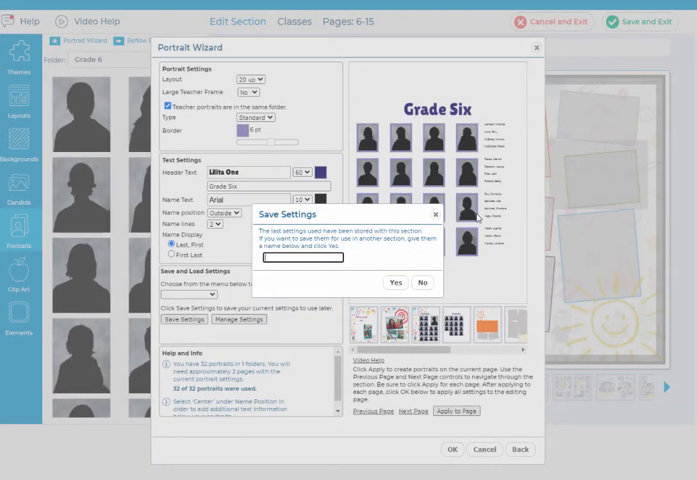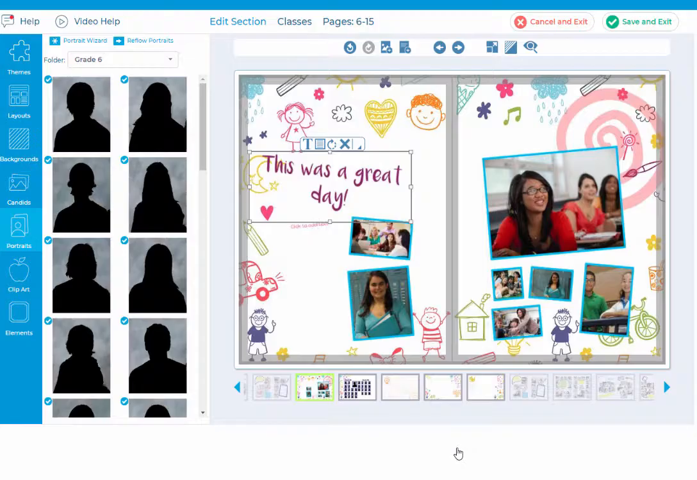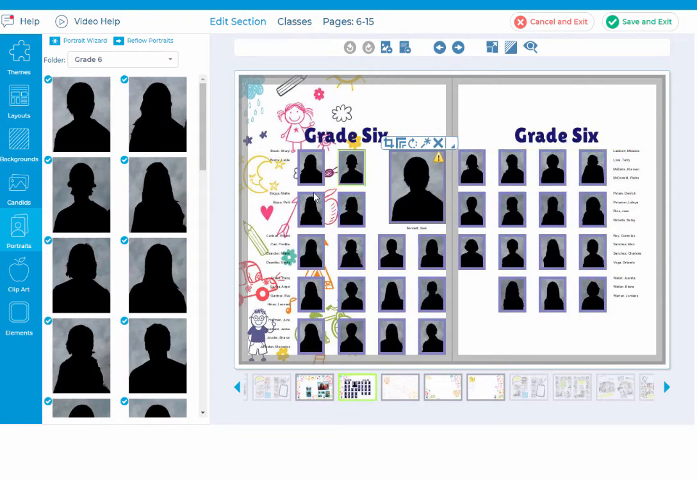And then I can also save my settings. I'll go ahead and just save the settings that were already there. Oops, click no. Okay, I closed the Portrait Wizard, and you can see now I've got my portraits laid out on this spread